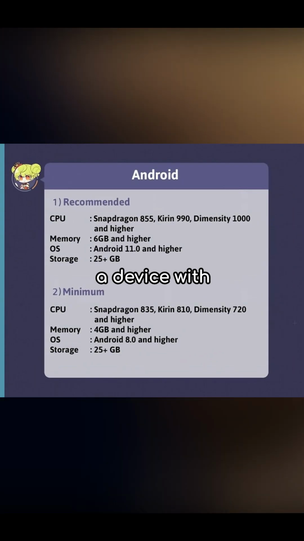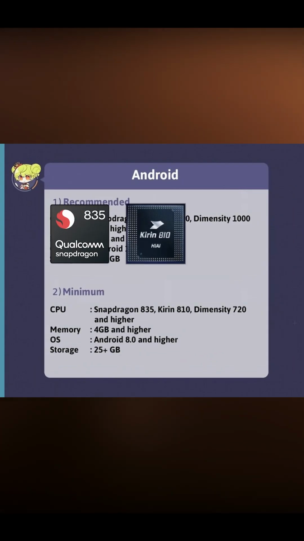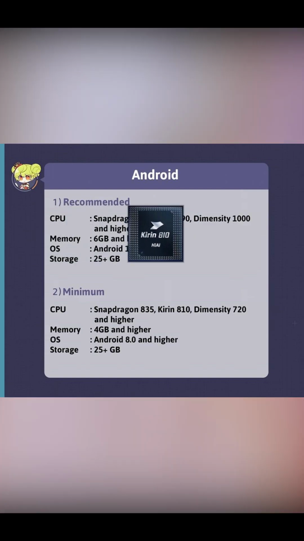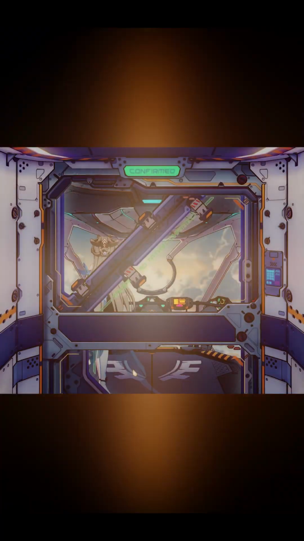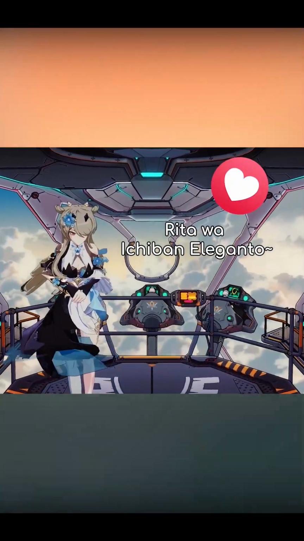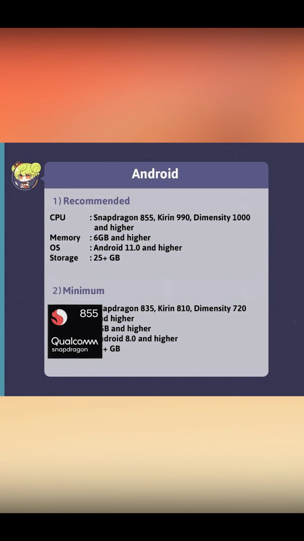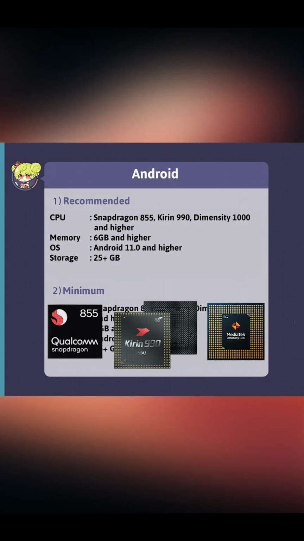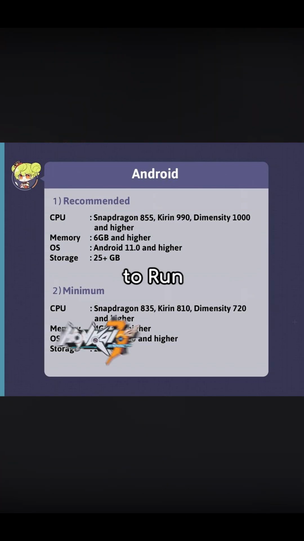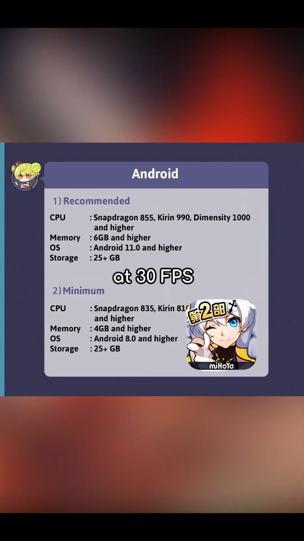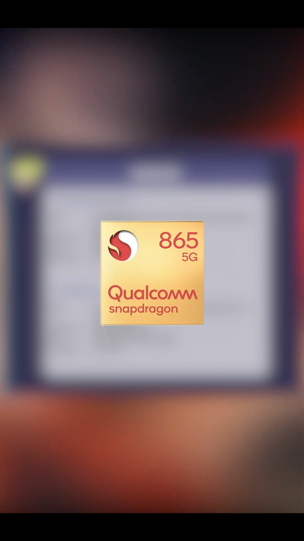Why must it be more complicated for Android users? We need at least a device with Snapdragon 835, Kirin 810 or Dimensity 720 with 4GB RAM and running on Android 8 just to run it. Captain on bridge. Snapdragon 855, Kirin 990 or Dimensity 1000 with 6GB RAM and Android 11 is the minimum for us to run Honkai Impact 3rd Part 2 at 30 FPS stably, or Snap 865 if you want to